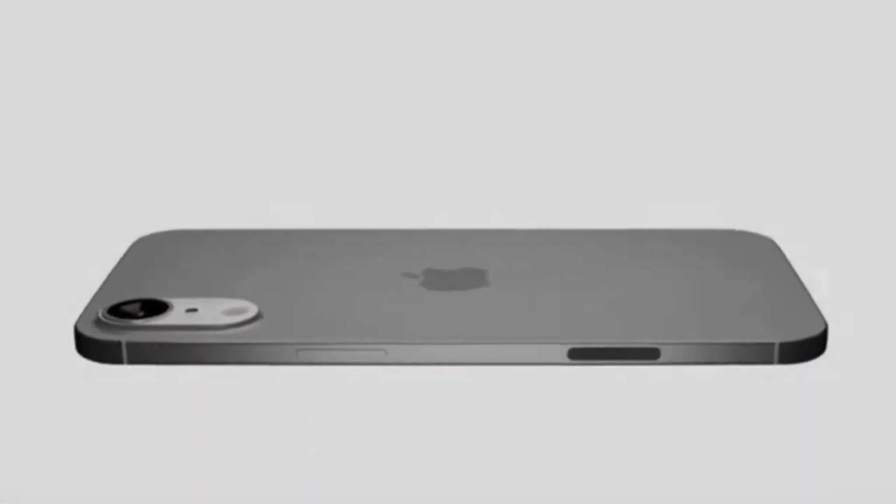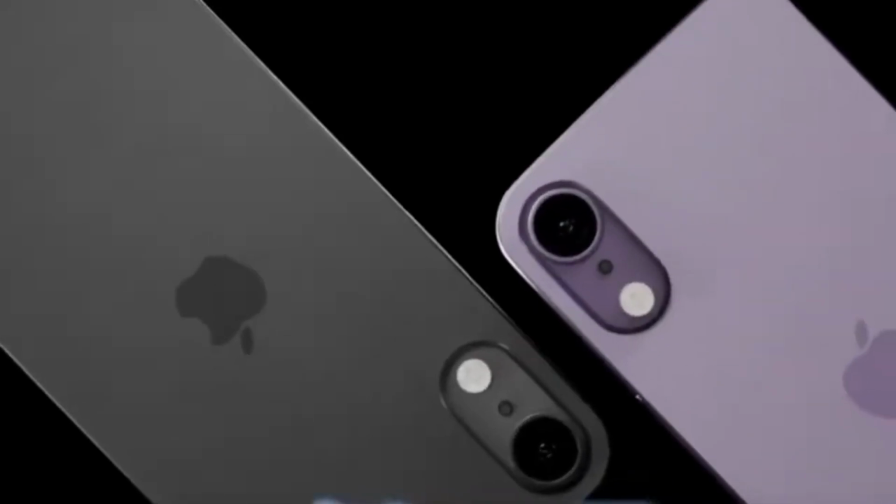Apart from dropping the portless concept, Apple also made changes to the phone's sides. The original plan was